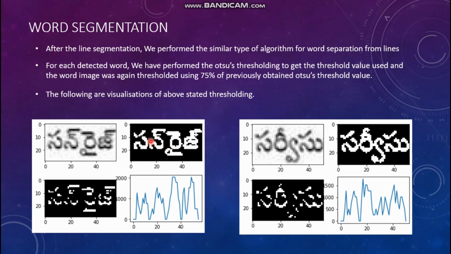You can see here that even though there are some considerable spaces between this character and this character, over here you see that the spacing is very less, and if we take a column histogram on this word image, there won't be a minima over here. There will be some amount of content over here, and we won't be able to split it. So by taking 75% of Otsu's thresholding, we have a considerable amount of space between each character, and by that we also get the minimum values, which has to be 0. So by this we can separate out each character.